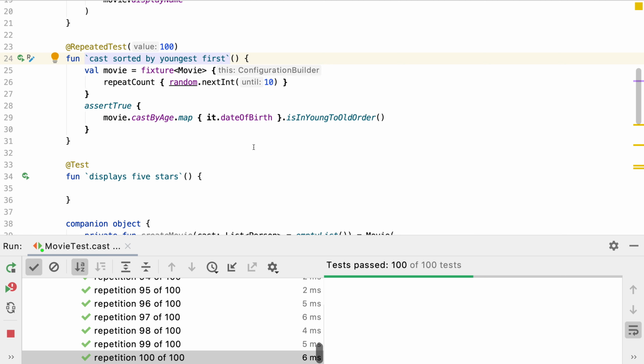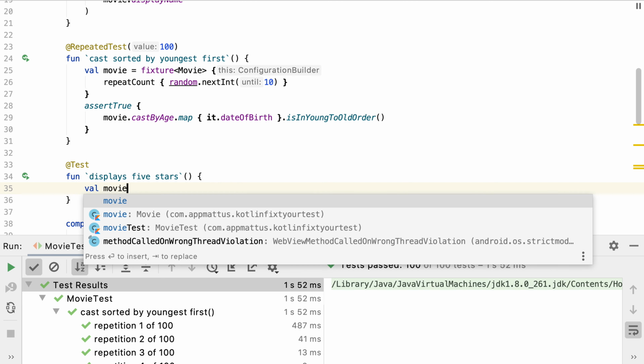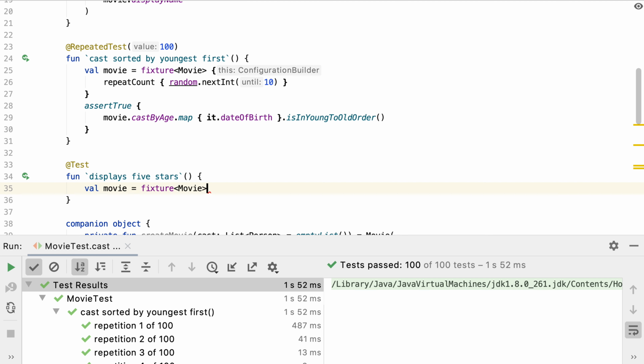There was one test we didn't implement previously, and that was to verify the star rating functionality, so let's implement that now. Here we need to create a movie object, but want to constrain the rating between 4.5 and 5. For that we can use the property configuration.